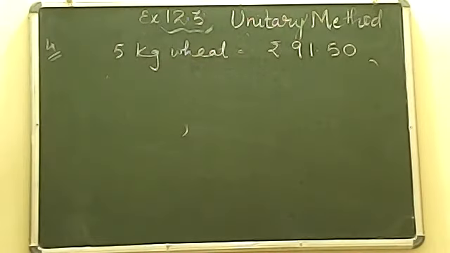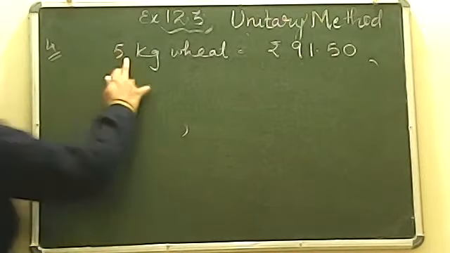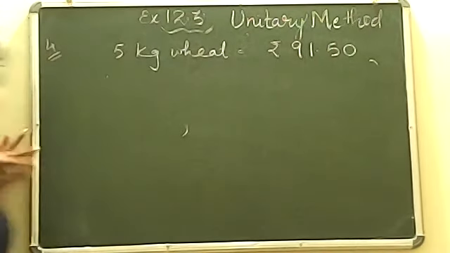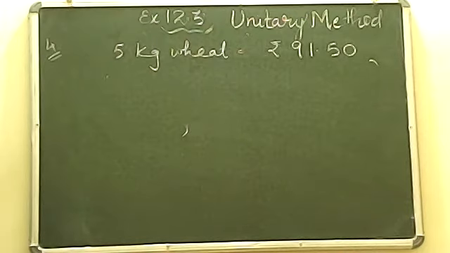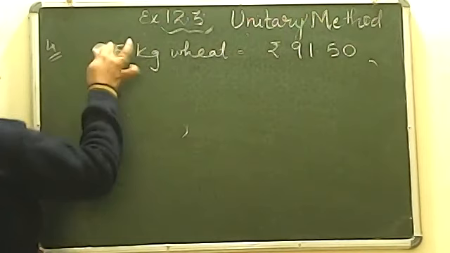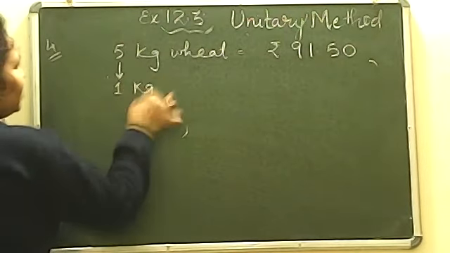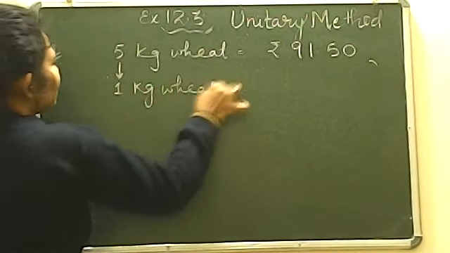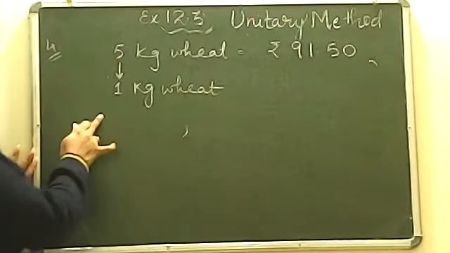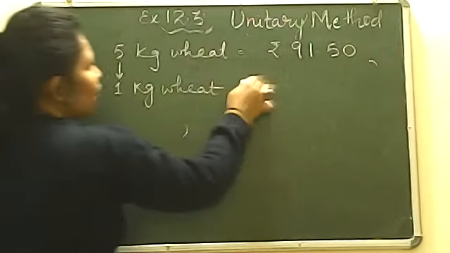ठीक है. Now in our first question it is asking what will be the cost of 8 kg of wheat. ठीक है, it is first question, Ayush. Now 5 kg we know that is 91.50. So before we find out the cost of 8 kg, पहले हम निकालेंगे 1 kg. So here we will have many was given. We are finding the cost for 1 kg wheat. ठीक है, 5 का पता था, 1 का we are finding out. So 1, how we will do that?